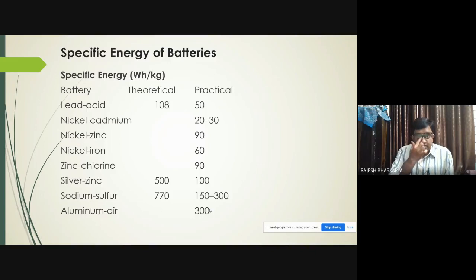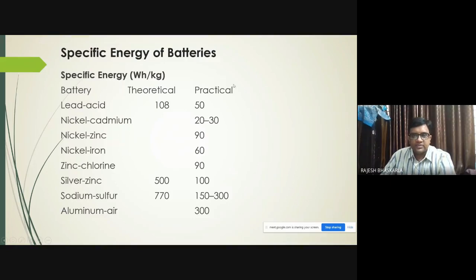So now the recent lithium ion batteries are supposed to get a practical 270 watt hours per kg, but it varies. If you find the old generation batteries, some may have 100, but now you can say somewhere around 100 to 300. The lithium ion's specific energy will be somewhere around 100 to 300 watt hours per kg. That means for 1 kg of a lithium ion battery, it can give somewhere around 100 to 300 watt hours. So that is why we are using lithium ion batteries in our electric vehicles.